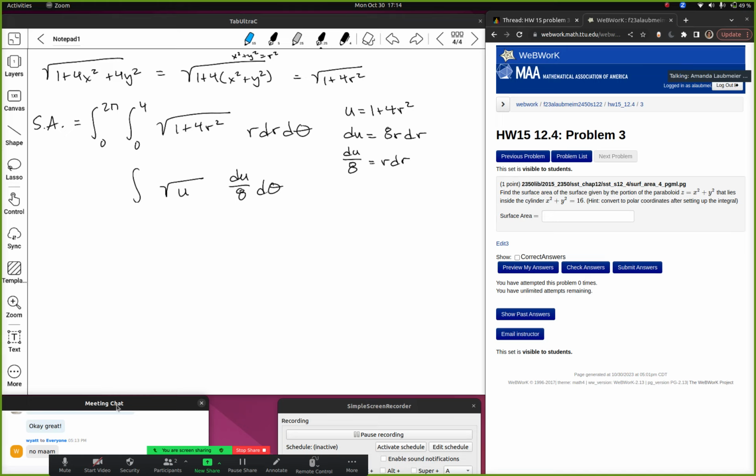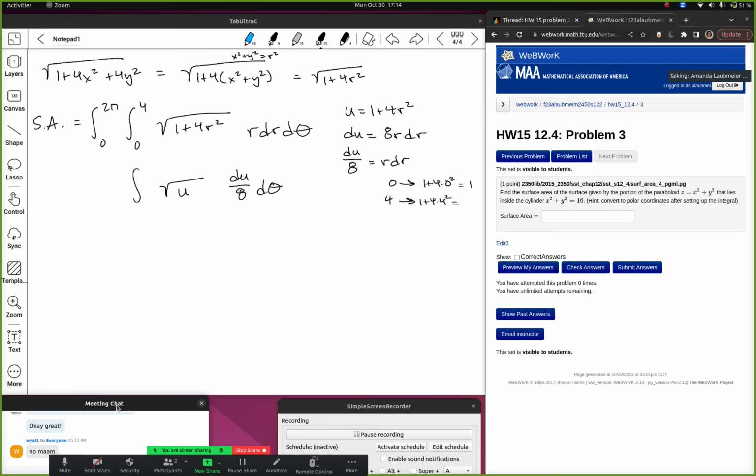And then whenever I do a u substitution, I have to change my bounds at the start or remember to replace at the end. I prefer to do it at the start. Everyone has their own preference though. But 0 is going to become 1 plus 4 times 0 squared, which is 1. And 4 is going to become 1 plus 4 times 4 squared, which is,